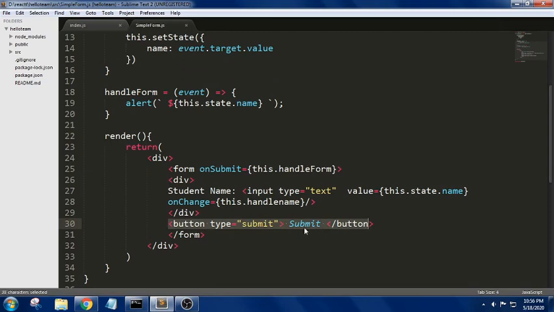When the user clicks on this button, the value will be passed here. In the sense, the event will handle it, based upon the on submit event, it will try to call, and it is trying to display the value here. See now, this is how we have created it with the basic input field, that is a text name.